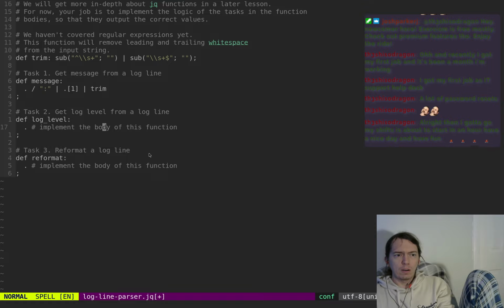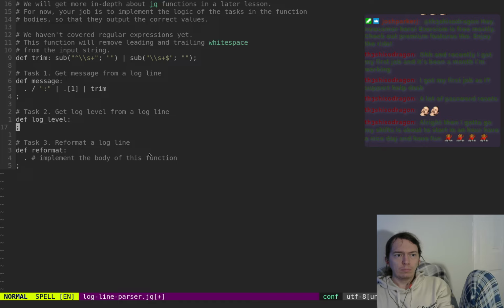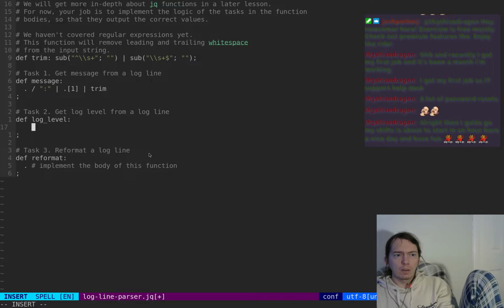And then here, it's going to be divide by this again, same thing, and try to get the first item and trim that as well, probably. And then here, when we reformat, I believe it's going to be